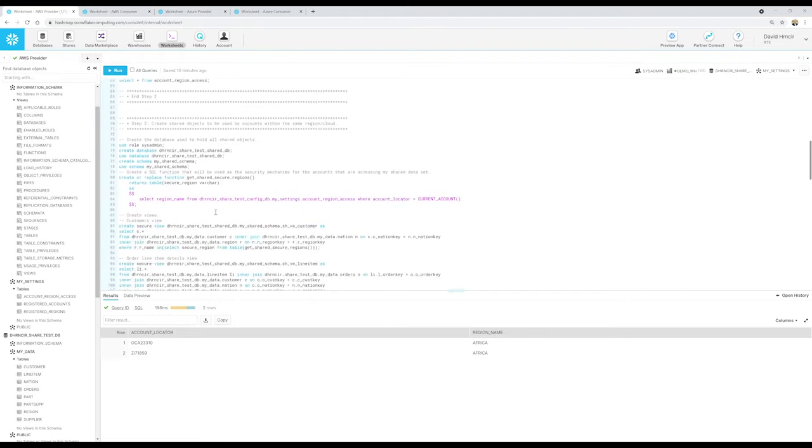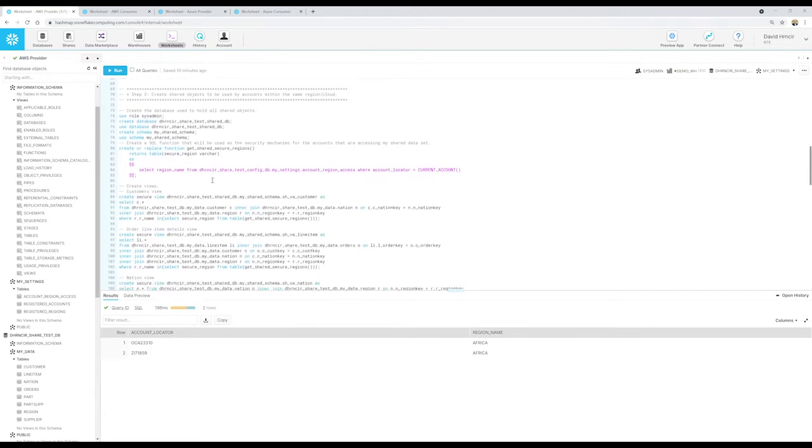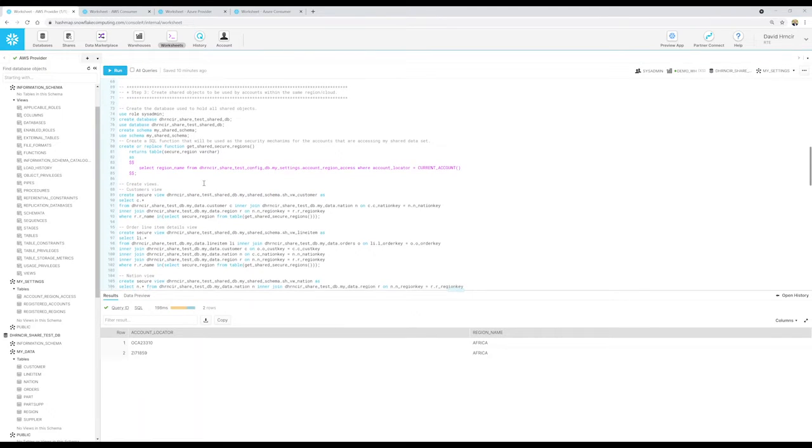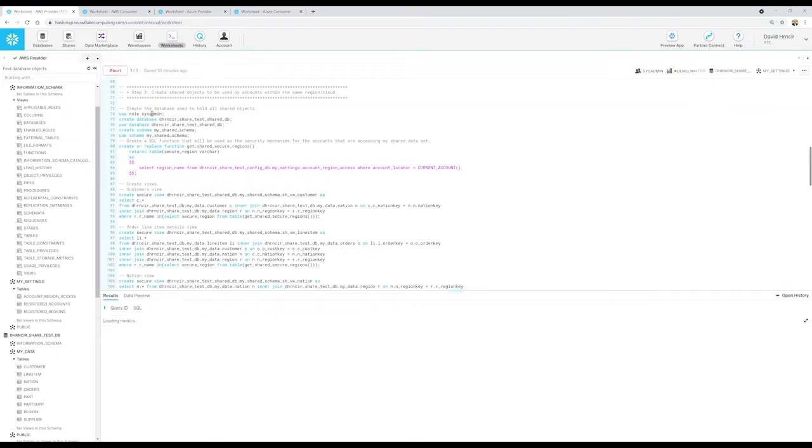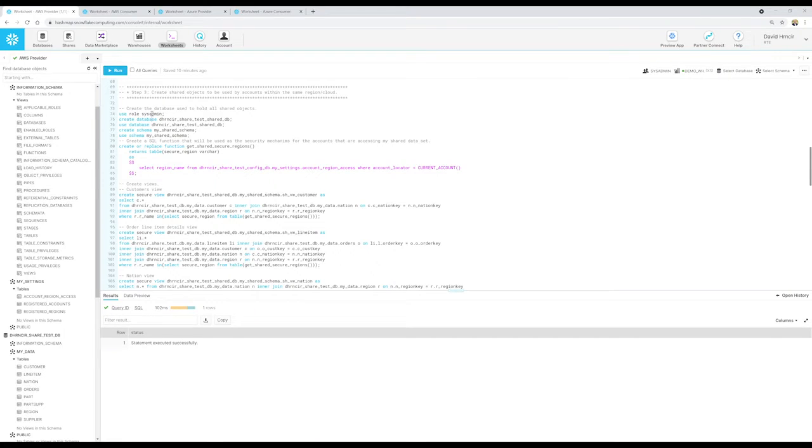Step 3 is along the same lines of what we did, and we sort of don't have to do this, but I want to show you the difference between same cloud, same region, and a different cloud vendor altogether. So I'm going to run through this really quick. All we're going to do here is set up the shared data set for our same cloud, same region